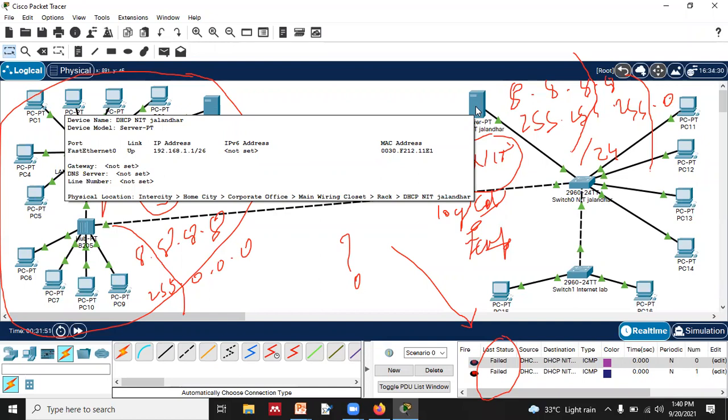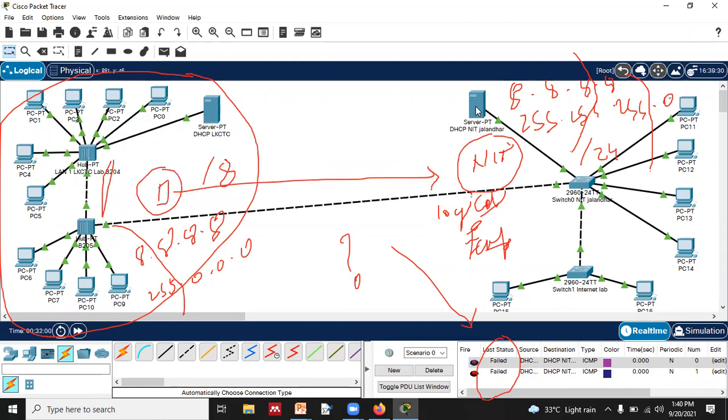So out of 32, now how many bits are consumed for the network address? 26. So what are we left with? 32 minus 26. How much are we left with? 6. So 2 raised to power 6 addresses now could be possible in that network. And if you want to go further, I will add one more bit, right? So we are left with 2 raised to power 5. Then 2 raised to power 4. Then 2 raised to power 3. 2 raised to power 3 means only 8 addresses could be possible, right? In this manner, we can resize the network.